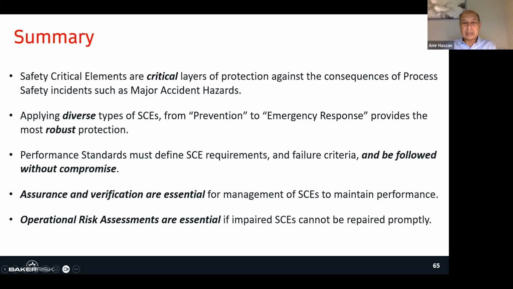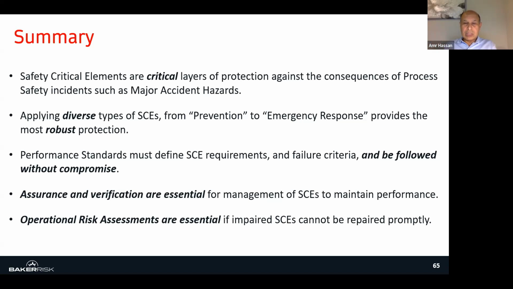So having a design performance standard is great, but it will not help you much during operation stage, in particular, when you have an aging facility after 20 years. So the difference between both of them is the following. Both of them follow the same approach. It's the same methodology, which James mentioned, which is the FARSI. However, for the design, the assurance requirement is focused only on the design specification. It has nothing to do with the operation.